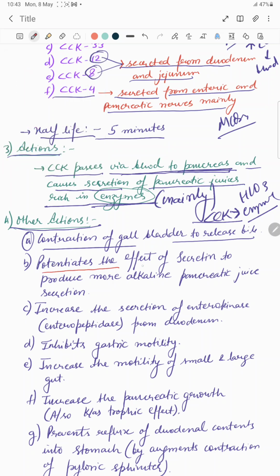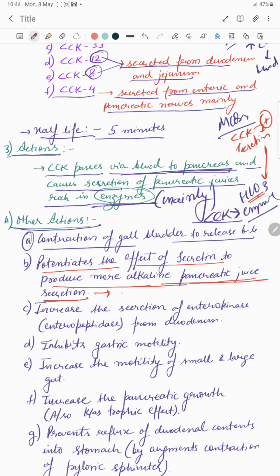It potentiates the effect of secretin to produce more alkaline pancreatic juice, because secretin hormone is basically responsible for secretion of more bicarbonate and watery juice in pancreatic juice. So cholecystokinin mainly has a potentiating or positive effect on secretin, so that more alkaline pancreatic juice secretion occurs,